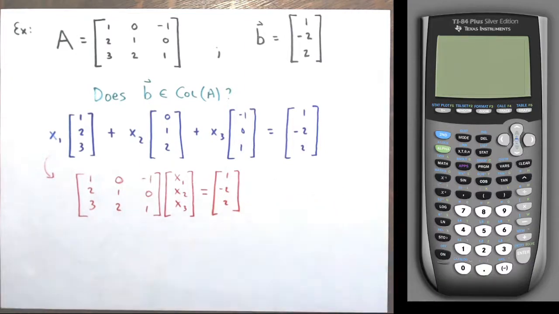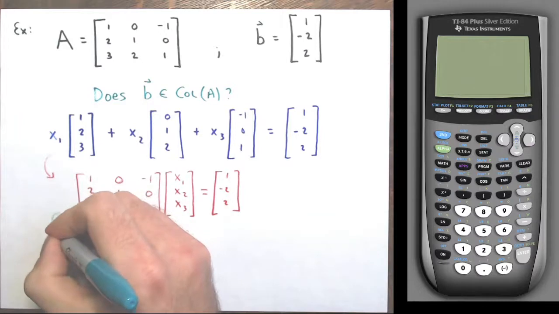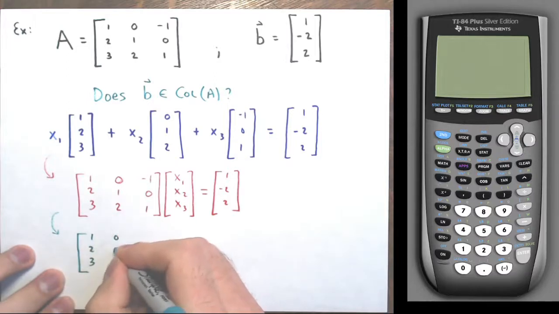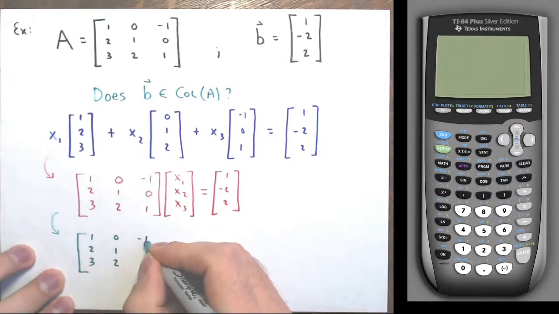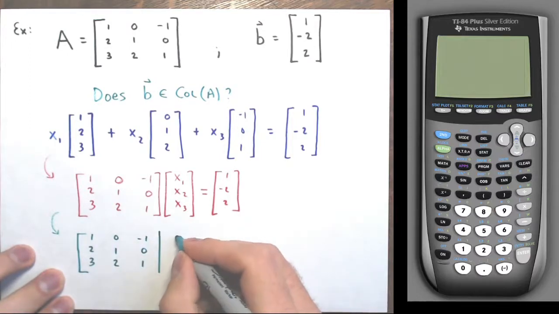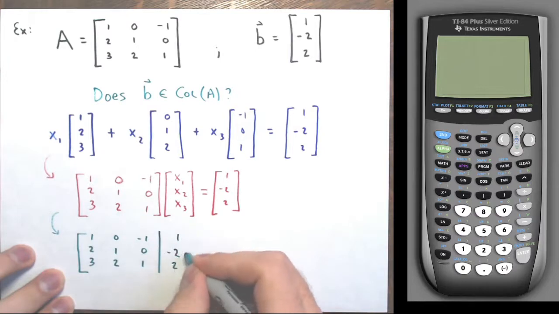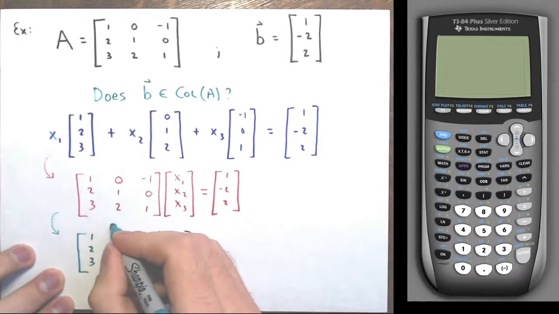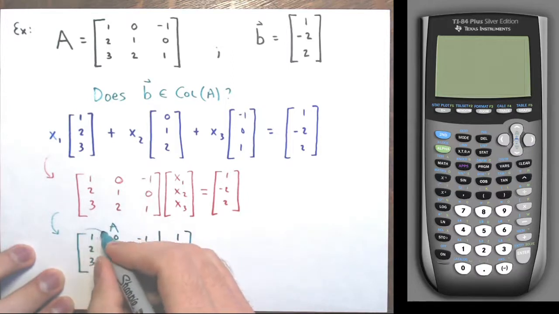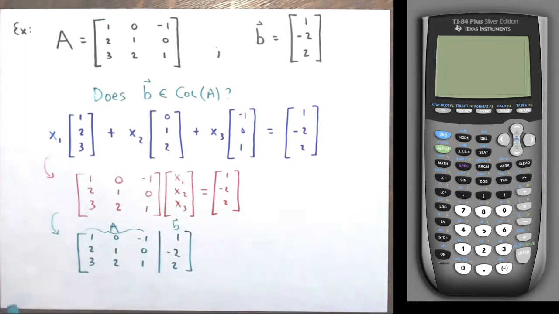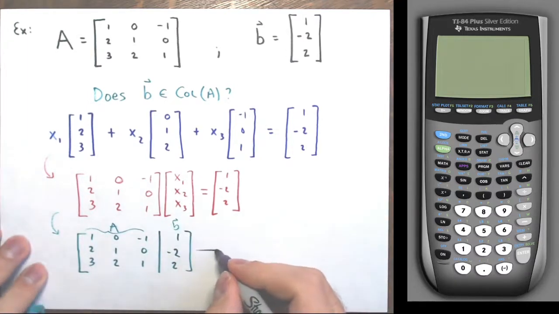But as I said before, in the future examples from here on out, I'm just going to write it as its augmented matrix. Coefficients of x1, coefficients of x2, coefficients of x3, a little bar where the equal signs would be, and then 1, negative 2, 2, right? So here I have basically just matrix A here, and then over here vector b, right? And then I put this into reduced row echelon form,